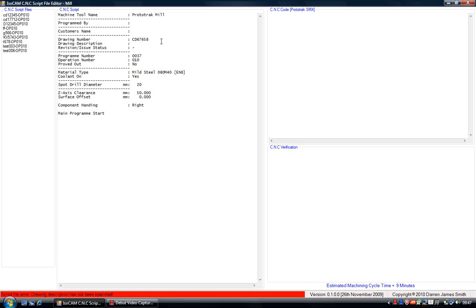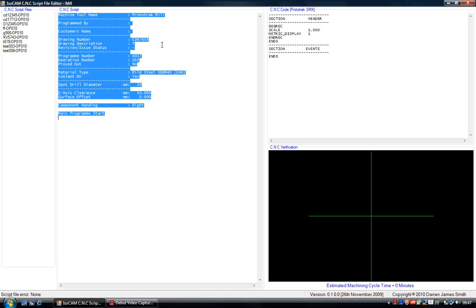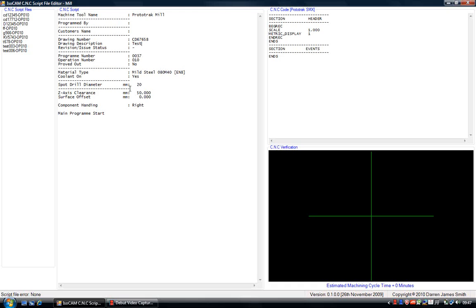And it'll say drawing description has not been specified, so we're going to specify drawing description and we're going to call it a test. Then under main program start, you click and right mouse click, and you've got the option to rotate, change tool or put a comment in. So I'm going to change the tool,